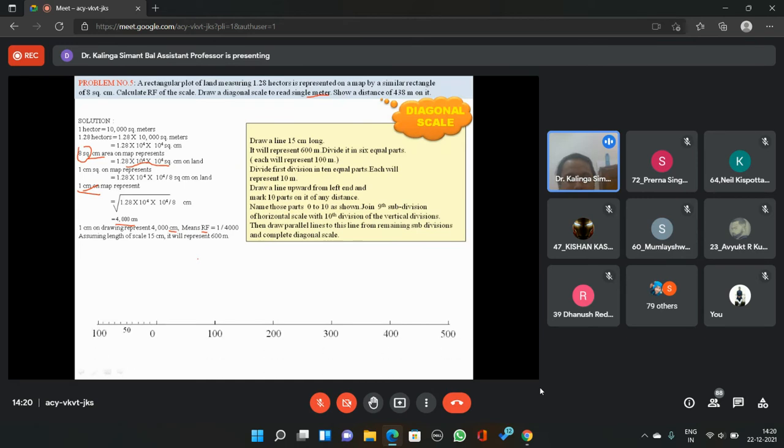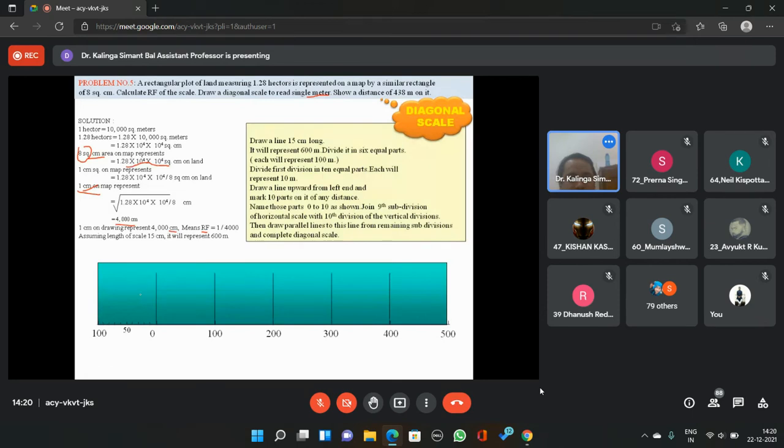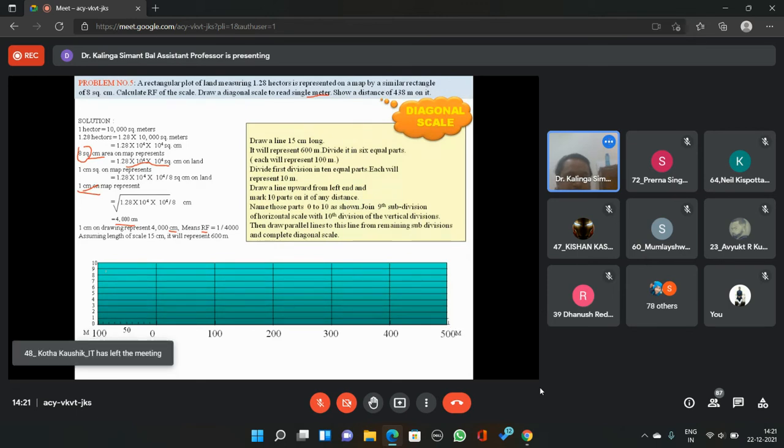Now, on the left hand side of the 0, always we divide left hand side of the 0 by 10 equal divisions to mark it as mm divisions, smaller divisions, subunit division. Raise the scale, again draw parallel lines from left to right. Divide that one, nomenclate that one with 0 to 10 divisions, and then raise the diagonals.